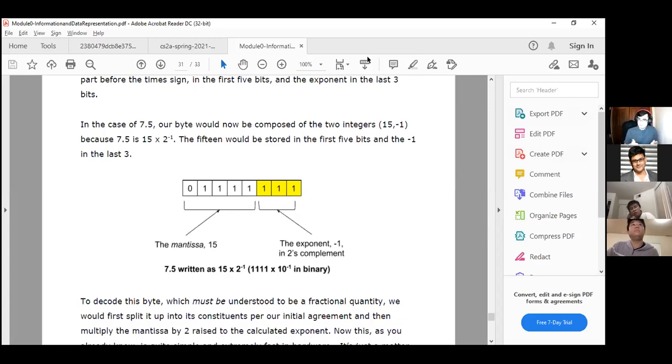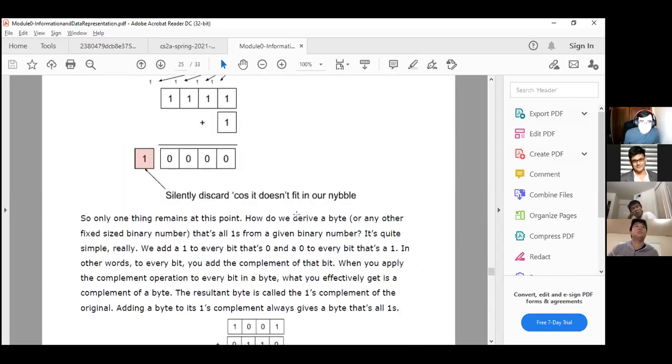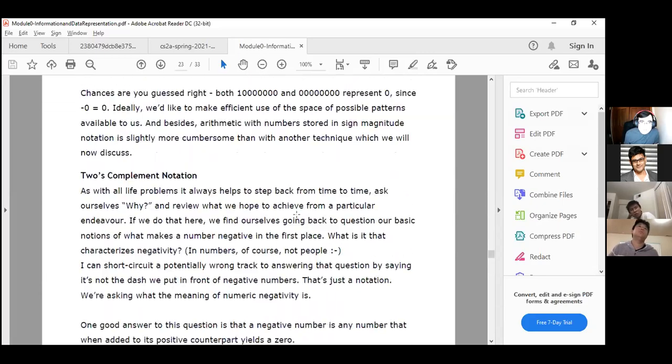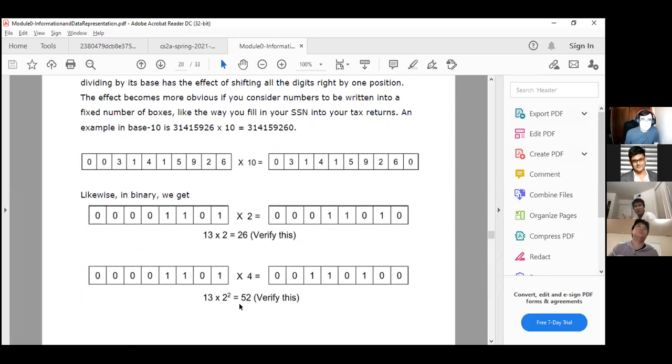Yes. So the decimal 2 to the power of -1 equals 10 to the power of -1 in binary, right? Because when you transform to binary, it pushes the point in front, right? Yeah, it's kind of like the example right here. When you multiply by 2, you're shifting the digits to the left. You see it's 0, 0, 0, 0, and then this one it's 0, 0, 0, 1. If you divide by 2, it would shift everything to the right.